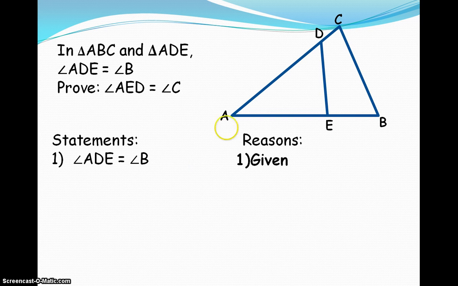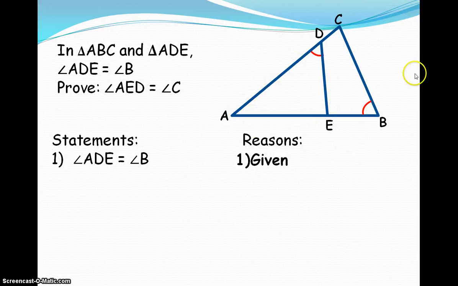My suggestion to you is to have this drawing on your proof itself, because, and I know I keep saying it all the time, you're then able to draw in your different steps along the way, which gives you a little bit more of a visual. So I'm going to put a little swoop around ADE and B to help me visualize what I'm getting at here. Now, I want to prove that this angle here is equal to this angle here, and so I want to